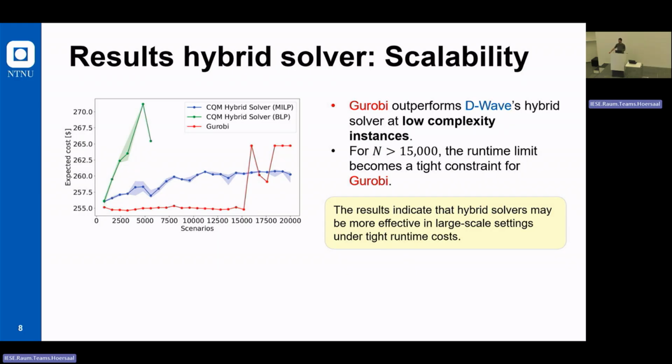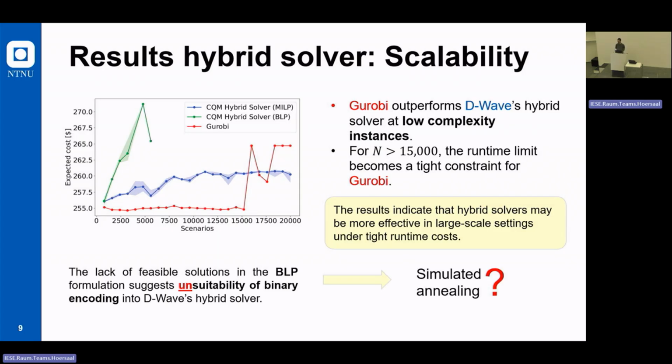So for the second part of the plot, which is what I told you earlier to ignore, the green one is what we call the BLP. This was an experiment that we wanted to check, which is to convert this MILP problem into a fully binary program, but still keeping the constraints. So it's not a QUBO, because we have the constraints set as constraints, but we change the continuous variables, we approximate them by integers, and then we use a binary encoding to put them in the problem. And what we observe is that there are many points missing here, because the solver cannot really find feasible solutions.